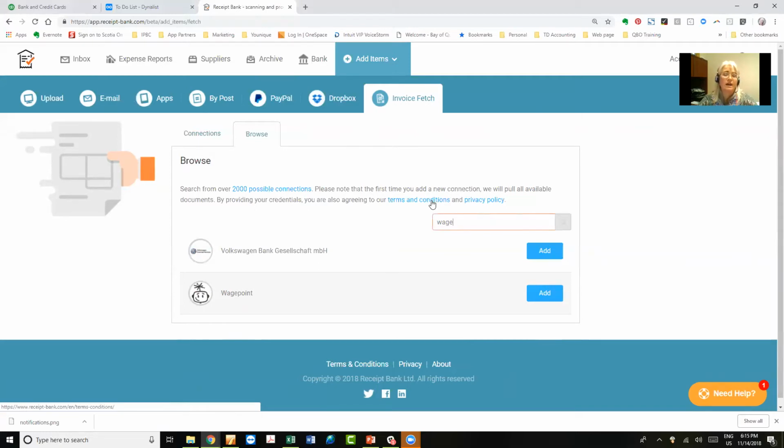So I have a favor to ask of you. What I would like you to do is go into your Receipt Bank accounts. And I would like you to look at Invoice Fetch and see how many invoices you can have fetched by Receipt Bank. I would love it if you went into the bank function and see if you can fetch your bank statements. And then when we meet, because I will meet with each and every one of you, I want to see how far you get with this on your own